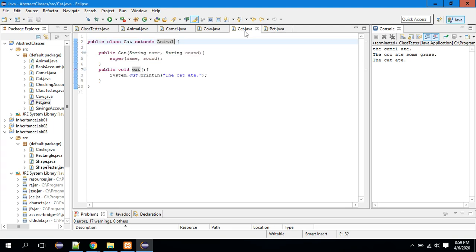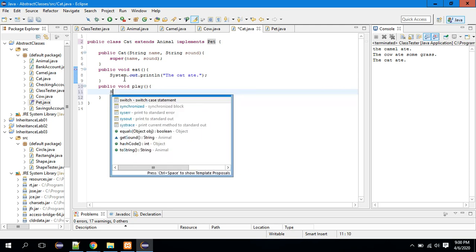And now when I go back to cat, while I can't extend animal and pet, I can extend animal and I can do what's called implements pet. You extend a class, you implement an interface. Now, all that we've done here is created a new contract. Just like by extending animal, we agreed to say that cat will implement any abstract methods like eat. When we implement pet, we're saying the same thing. We're saying that cat now must have any of the methods that are inside of pet, and it's got to have a body. So we say public void play